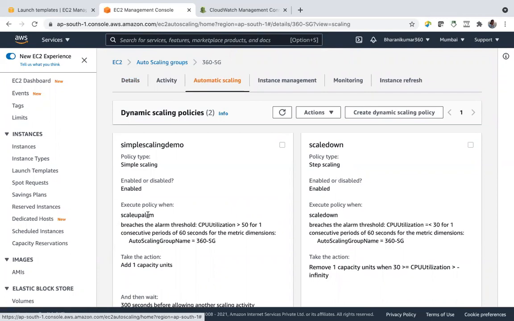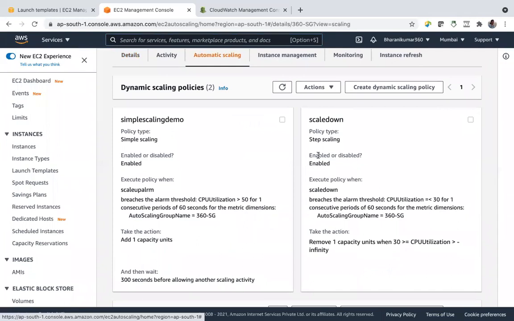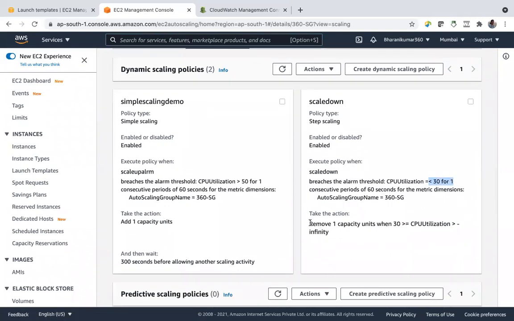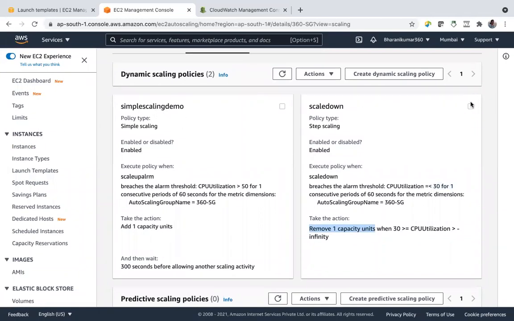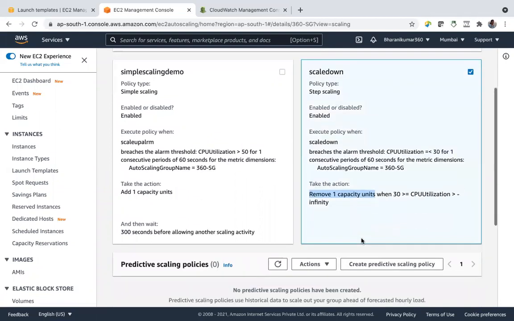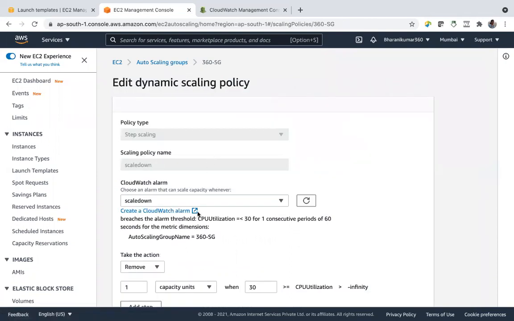So this is scale up alarm, this is scale down. Alarm has to be scaled down here. Okay. So take action, remove one capacity when this happens. Let us edit this.